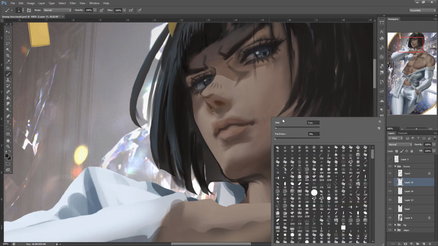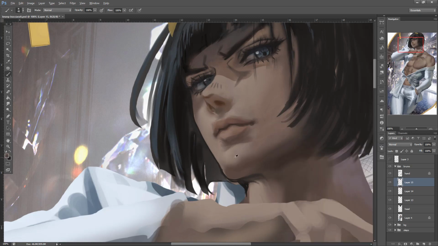He does have a very angular chin, so I want to see if I can do that. Give him an angular chin and